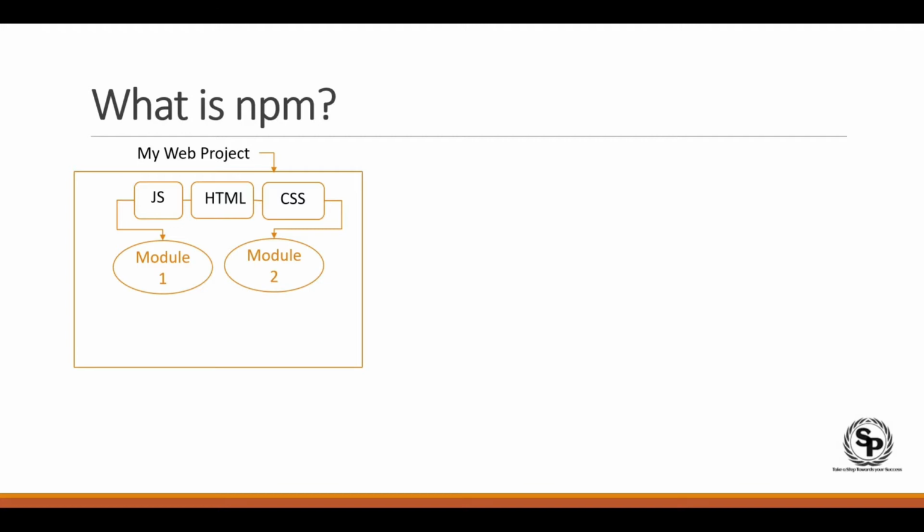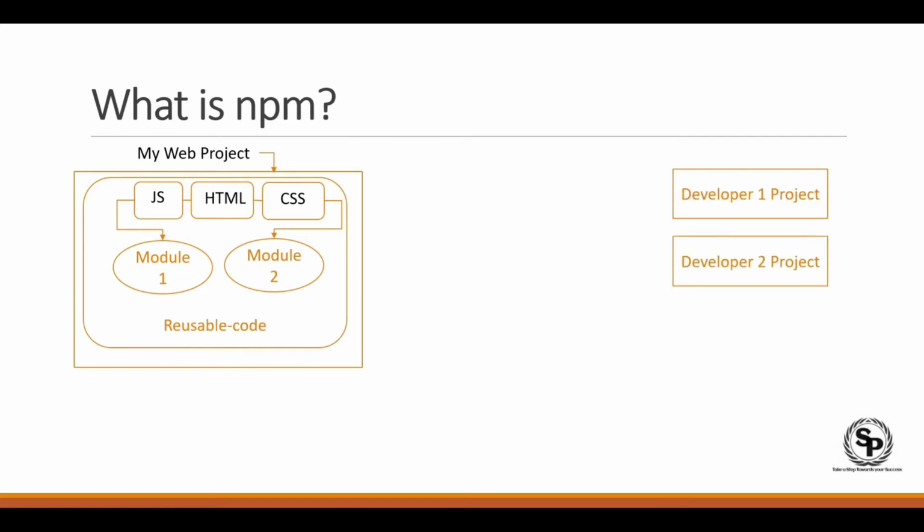If we want to create reusable code and use it in another project, a JavaScript based project, let's say a web application or a Node.js application, and we have created something which we can use in those applications. Somewhere in the globe, if somebody else wants to use it, how will we provide our code? We don't know them, they don't know us, we can't have communication. So we should have one platform where we can publish our package, because this reusable code will be considered a package or a module.